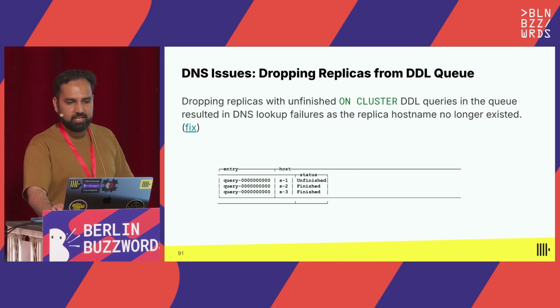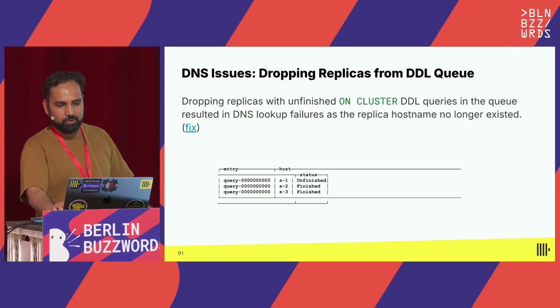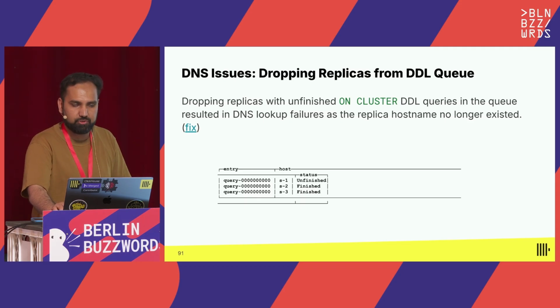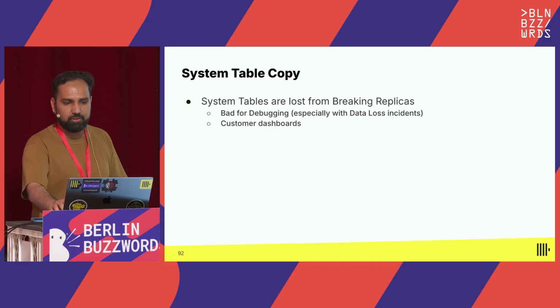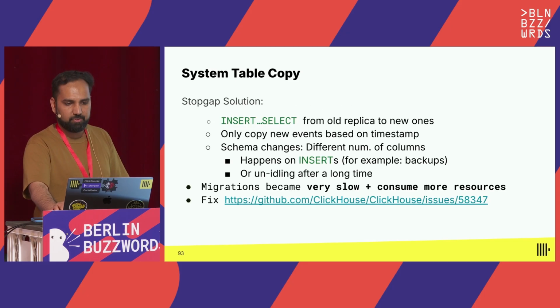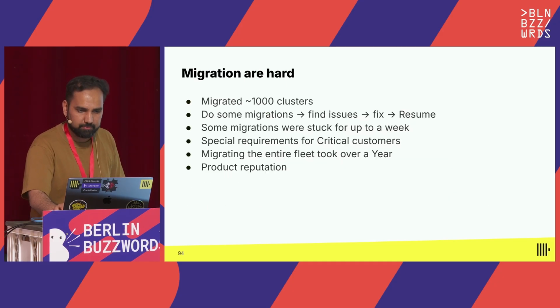Yeah, some issues with DNS happen all the time. Like, data gets inserted with their host replica names inside the distributed DDL queue, but that replica is no longer around, so the DNS is failing. You have to fix that. Then there are system tables, which ClickHouse keeps around internally for customer telemetry. As a stopgap solution we did insert select, because these system tables are replica local, but we needed to introduce a new disk type so that this system table data is also backed on S3 and not just on the replica local EBS volumes.